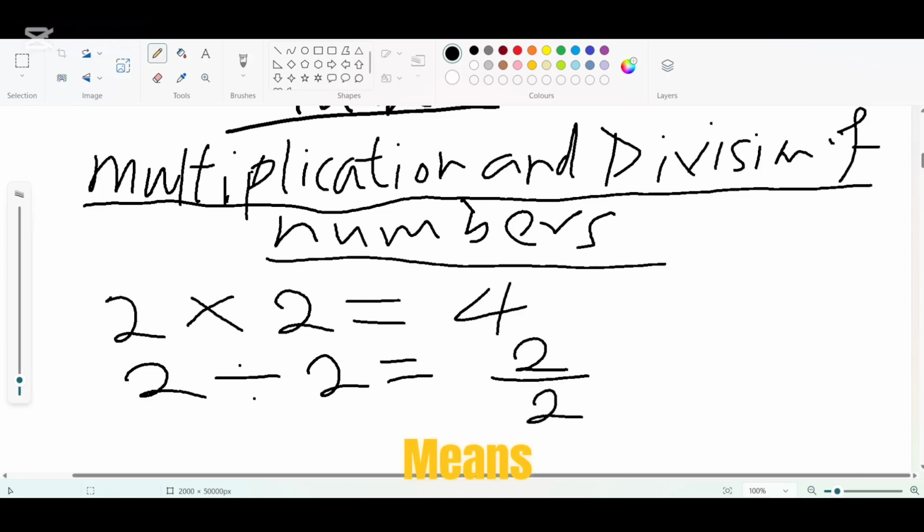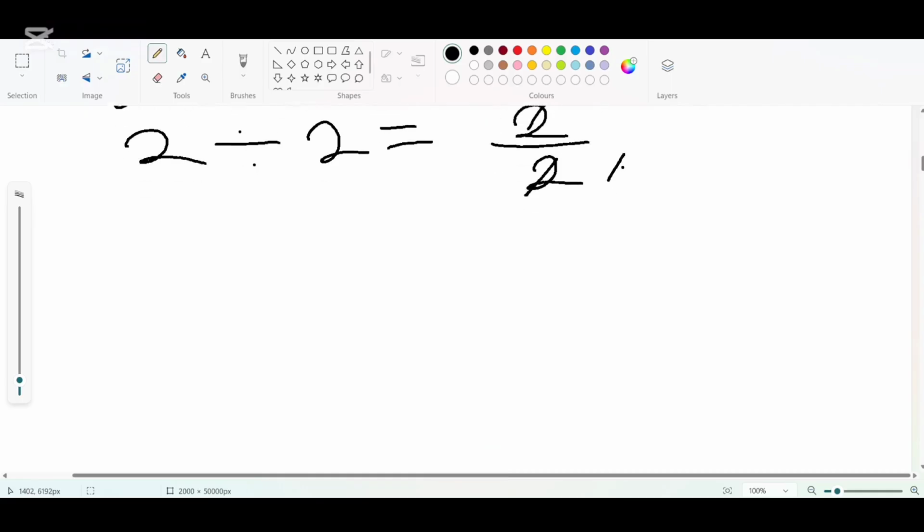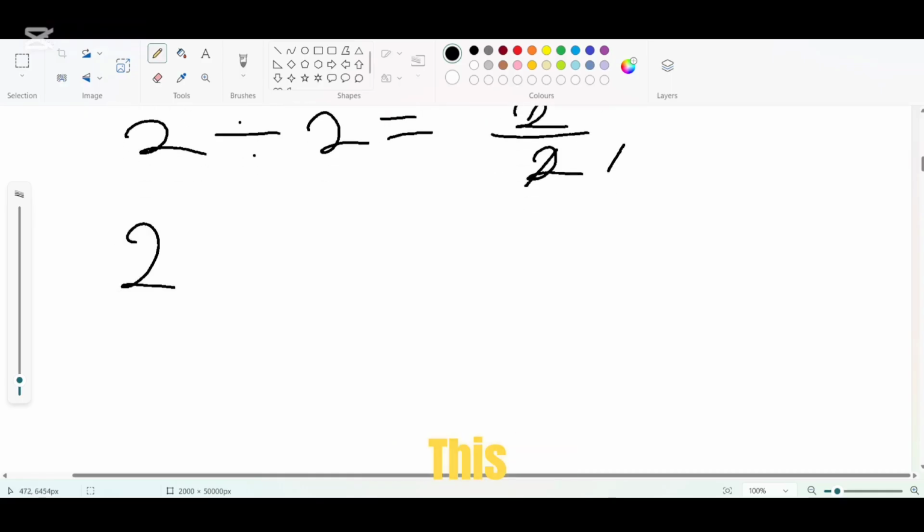Alright? Then also 2 divided by 2 is the same thing as saying 2 all over 2. And that means this 2 is going to cut this, and this 2 is going to cut this. That is, a 2 is a common number between the numerator and the denominator. So that 2 will now cut this one to get 1. The 2 will cut this to get 1. Now if we have something like this, 2 times